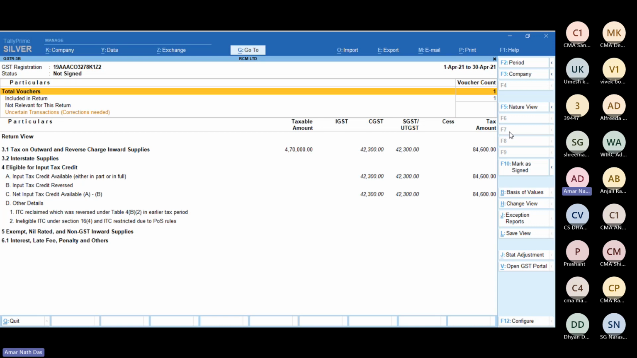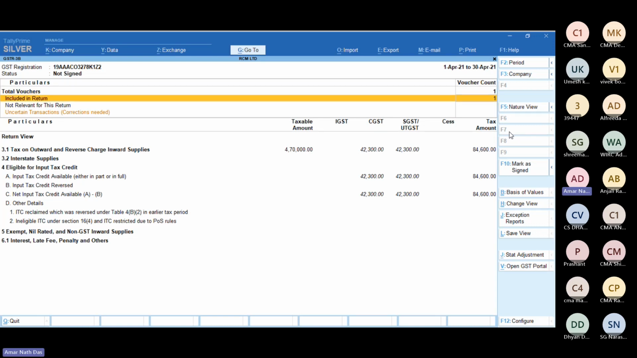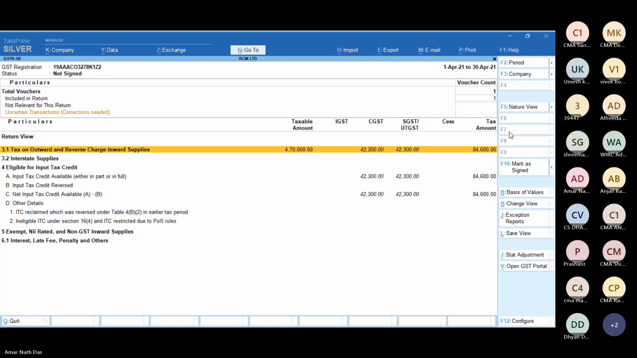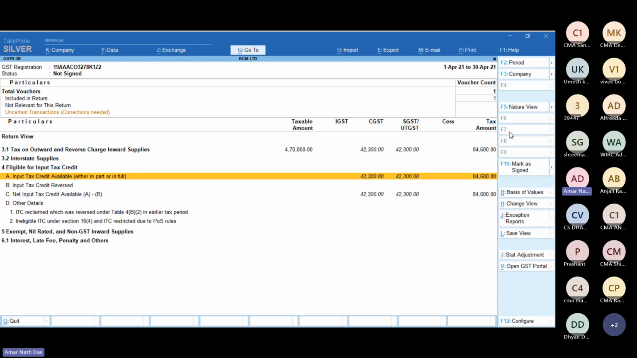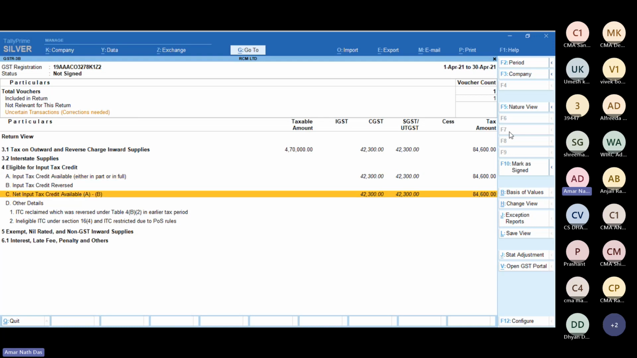Okay, you will find if I get down, that is tax on outward and reverse charge inward supplies. No interstate supplies is there, so input tax credit available either in part or full. Net input tax credit available is also being given. Now, if you take a look on this particular screen, I just try to show you,